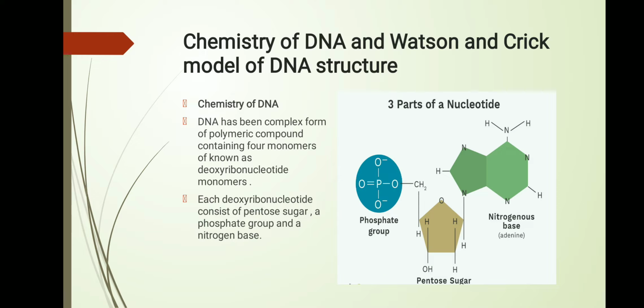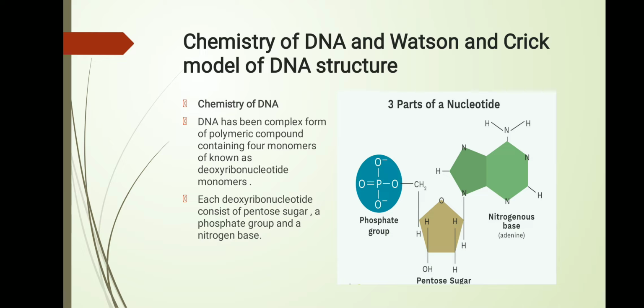Not RNA or protein transfer genetic material from one generation to another. It means genetic information is transferred only via DNA. DNA is found in all plants, animals, prokaryotes and some viruses also. In eukaryotes, DNA is present inside the nucleus, chloroplast or mitochondria. And in prokaryotes, DNA is present in the cytoplasm.